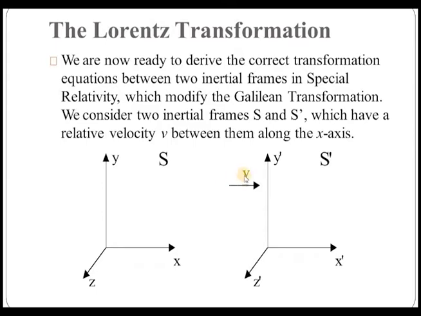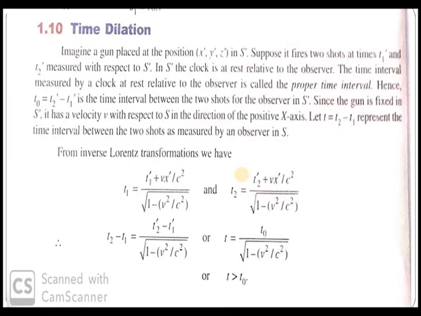So the time interval between the two events got increased when we are observing it from a frame which is at rest, while the clock is kept in a frame which is in motion with velocity v with respect to S, and the velocity v is comparable to the velocity of light. Under these conditions, what happens? Moving, I can say, moving clock runs slower.